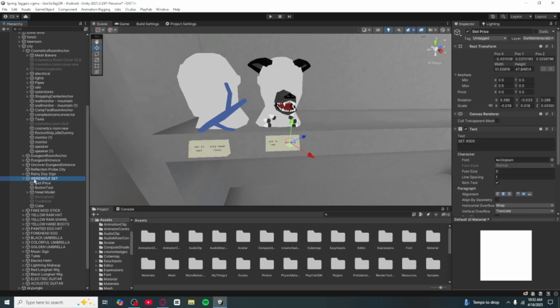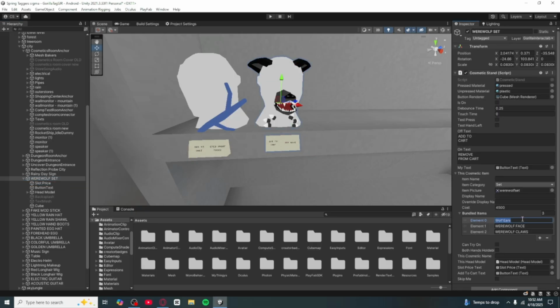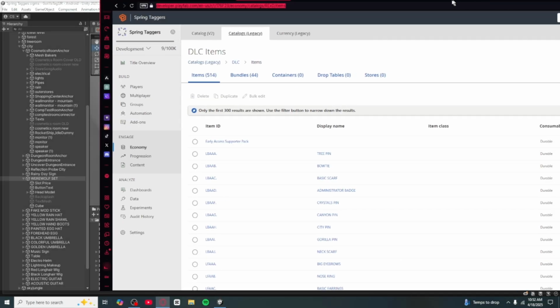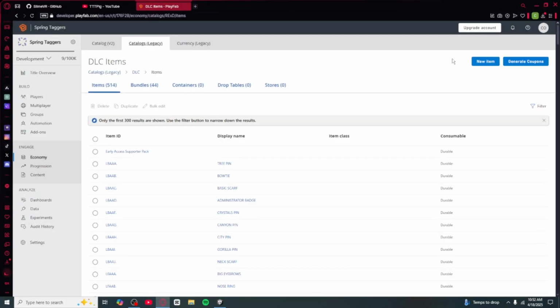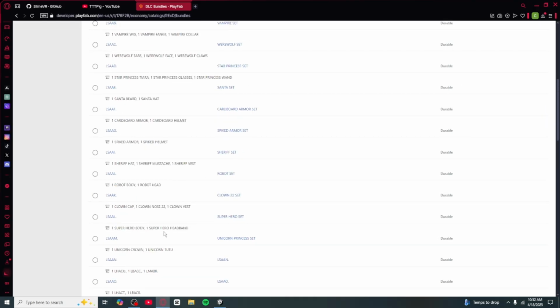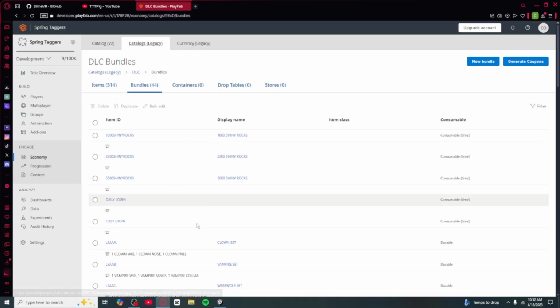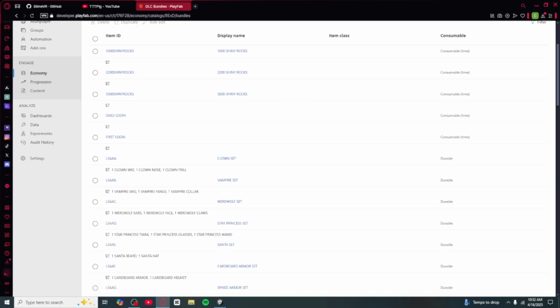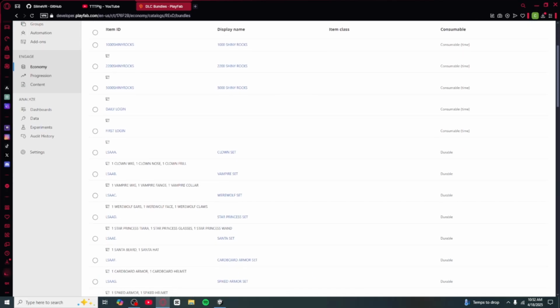And then once you have done that, you're gonna want to go in PlayFab. If you're making a bundle, you can do this. If you're making a new item, you can do this. If you go to bundles here, you can see everything that is here. And since I'm doing a preloaded bundle, it's already here. But if it's not here for you for some reason, which for me it is,